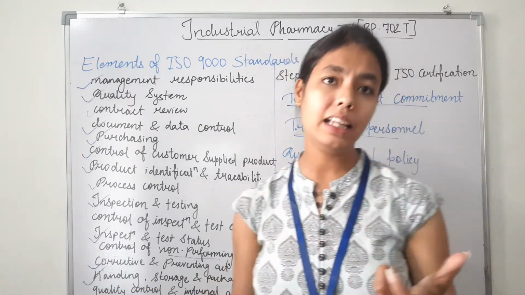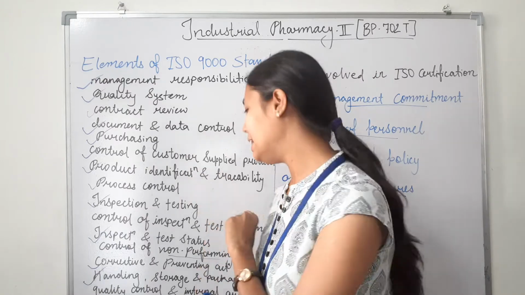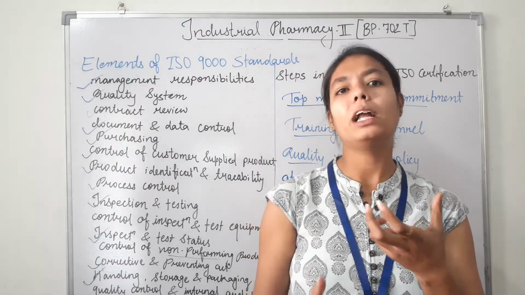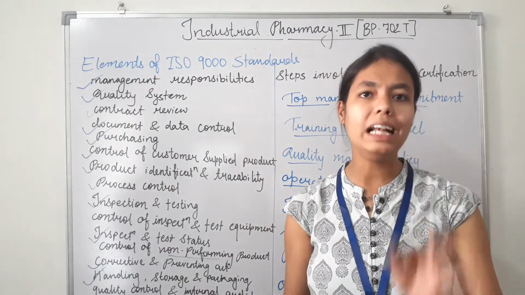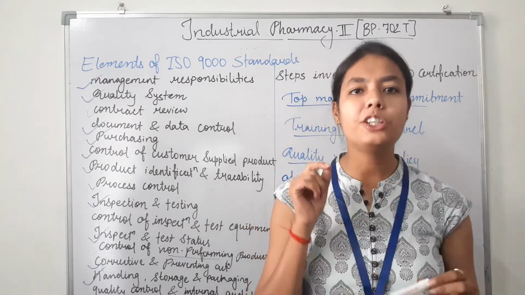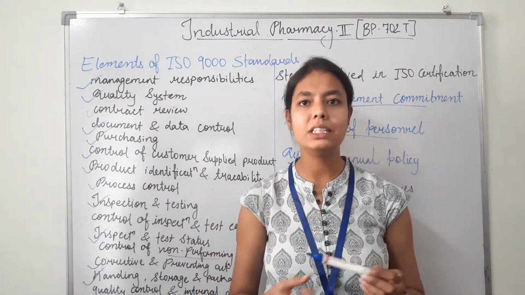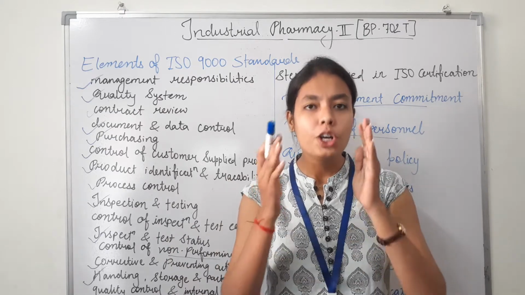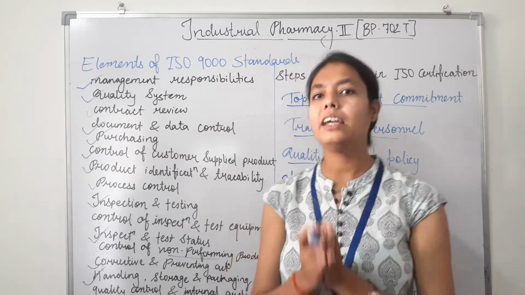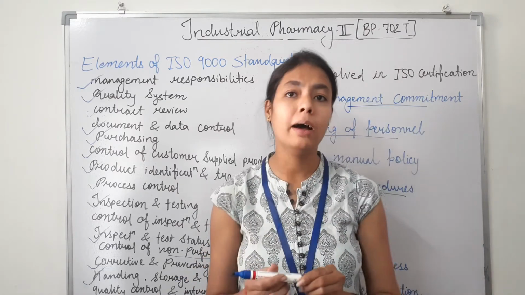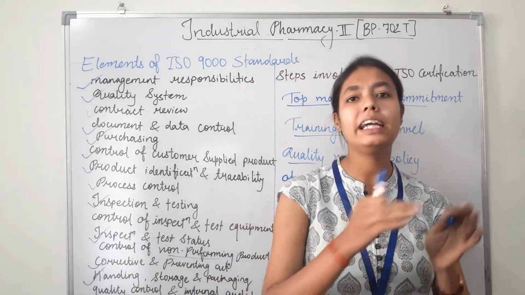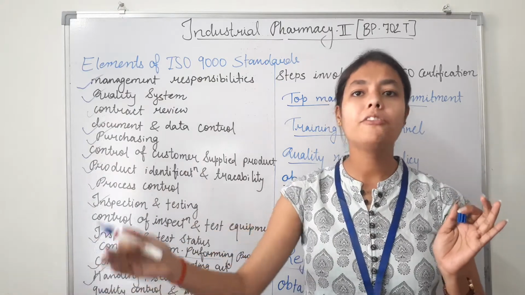Apart from that, the next one is control of quality records. Then why do we have to control the quality records throughout the process? The quality records are the routine control and reporting documents that show the progress of the quality management system, and quality records should be kept over a reasonable length of time and stored in a safe, secure area. Like you know, we have to keep the documents until the product expires.